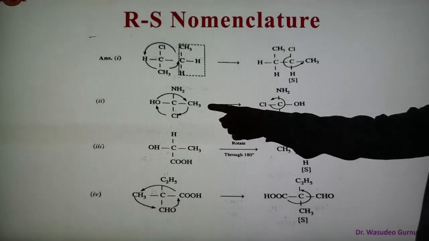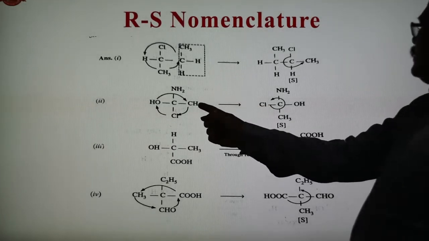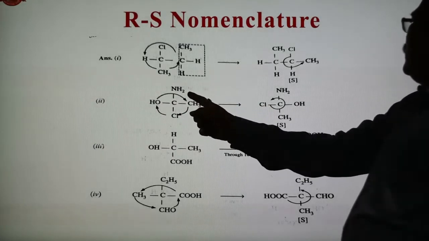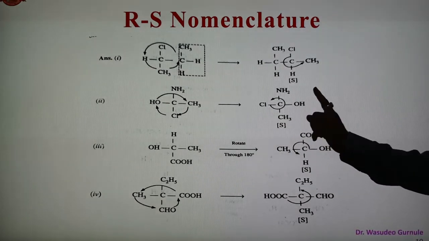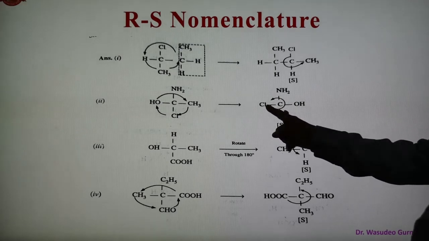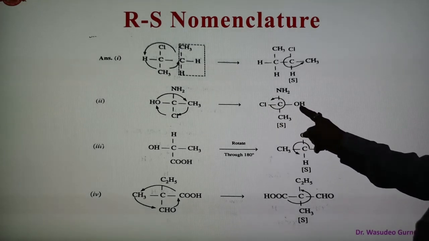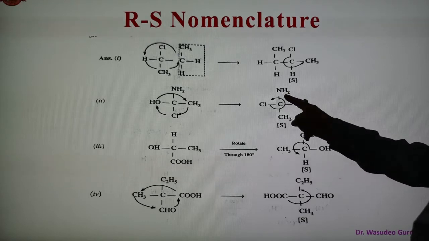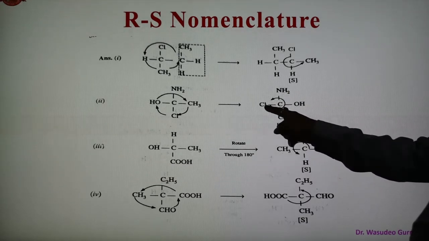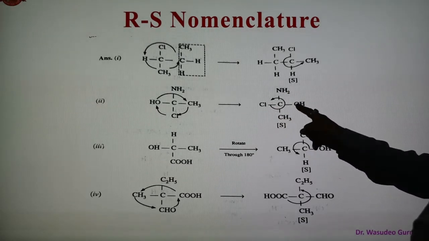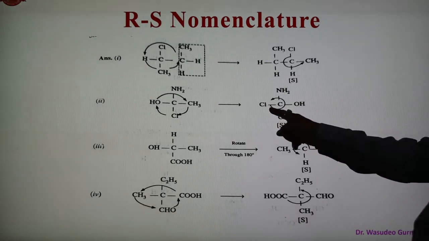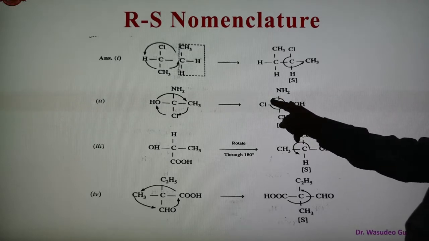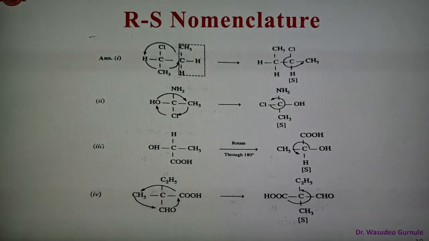In case of the second, this is the structure, and we can move this OH here, and Cl is here, in this way after rotating. Now see, the Cl is first, then the oxygen, then nitrogen, and carbon. The Cl has atomic number 17, this is 8, this is 7, and this is 6. So this is the last priority. So 1, then 2, and then 3. So again this is anti-clockwise. So in this way, again this is the S configuration.